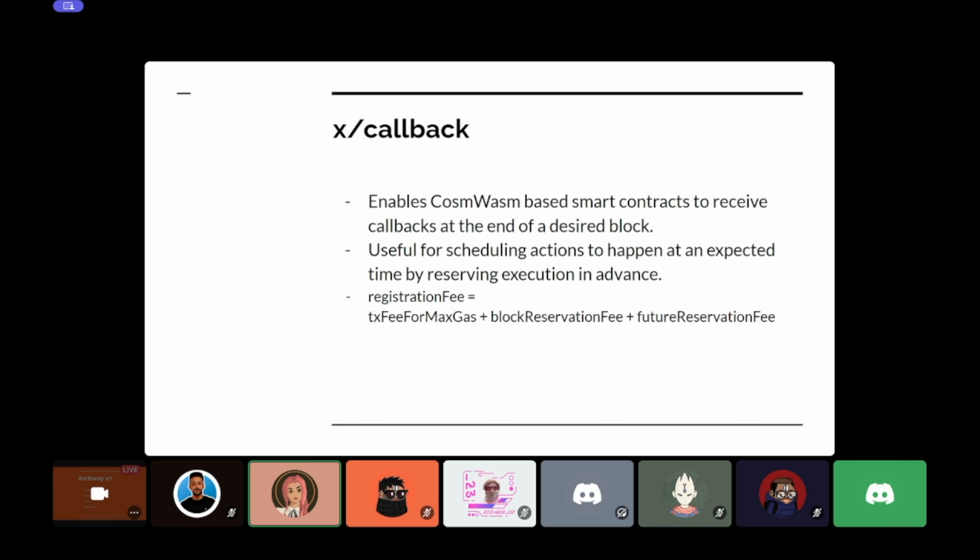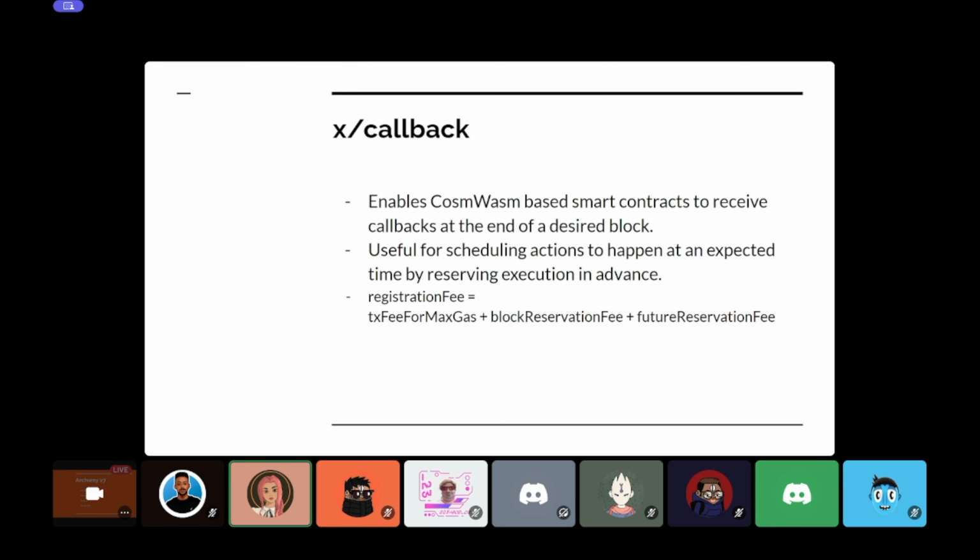So this could be useful for things like vesting distribution or auto-compounding of rewards. And in the case of Archery, if your contracts are gaining a significant amount of contract rewards and you want to withdraw them frequently, but you have to do it manually right now or use some sort of trusted third-party bot scripting solutions, now you could just use callback where every 1 month or something, all your contract rewards are